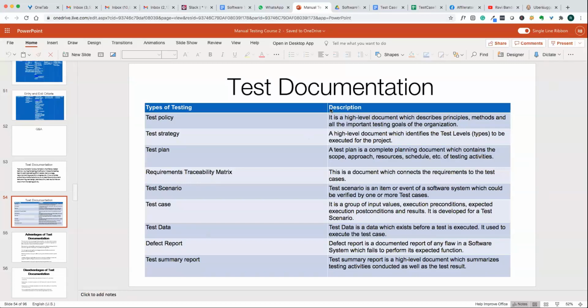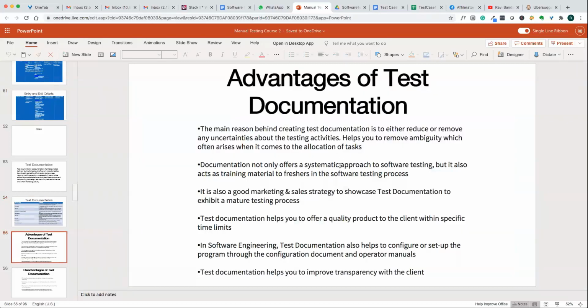So why do we need so much documentation in testing, right? What is the point of creating so many documents? We just want to remove manual errors. Even if we are creating say 100 to 200 test cases, we don't remember how many passed and how many failed unless we track them, right? So we cannot remember which passed and which failed. So by creating this